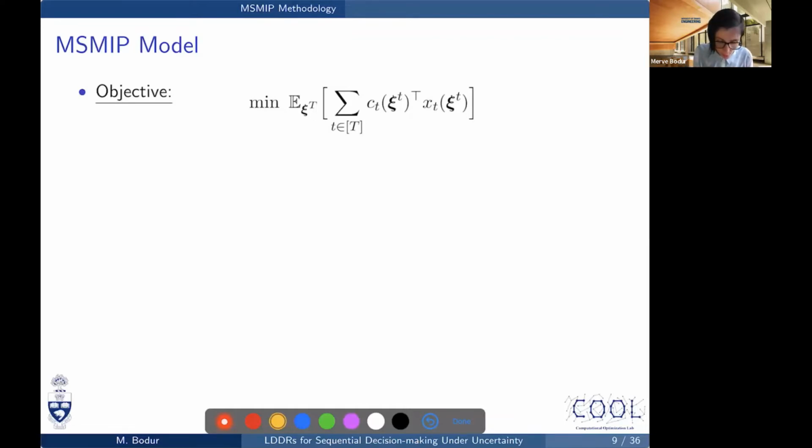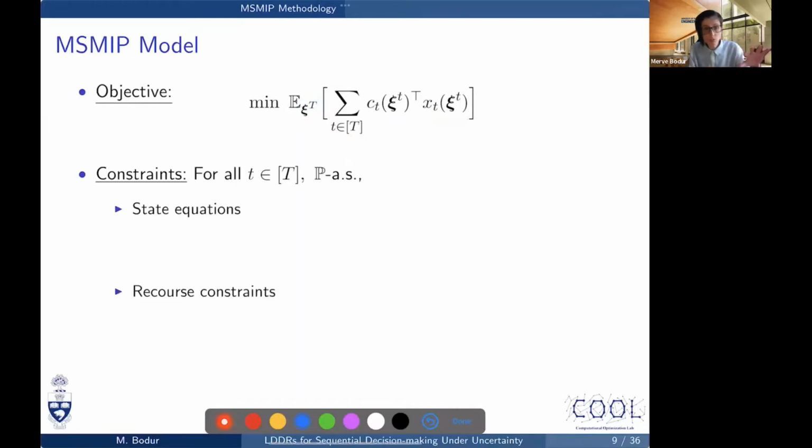So you look at all the decision stages you have, whatever decisions you made there, you incur their cost, but the expectation here is taken with respect to the whole random variable realizations, the full history, the full sample path. So this is capital T. Everything that will be observed, the expectation will be taken with respect to this joint probability distribution of all of our random variables. So we are trying to minimize this expected total cost subject to 2 different sets of